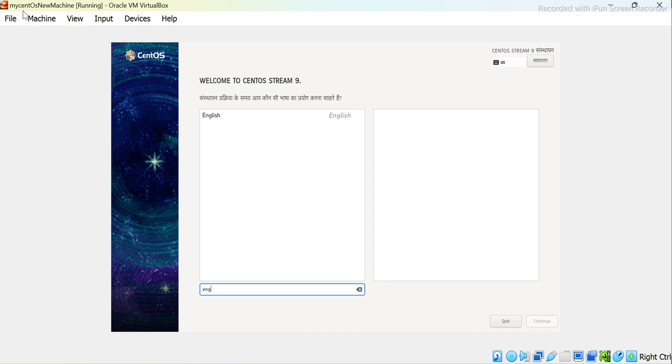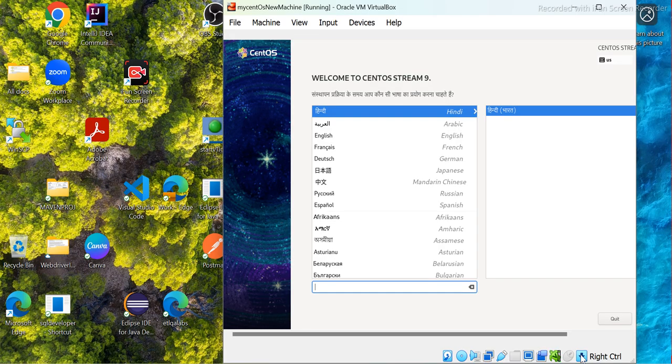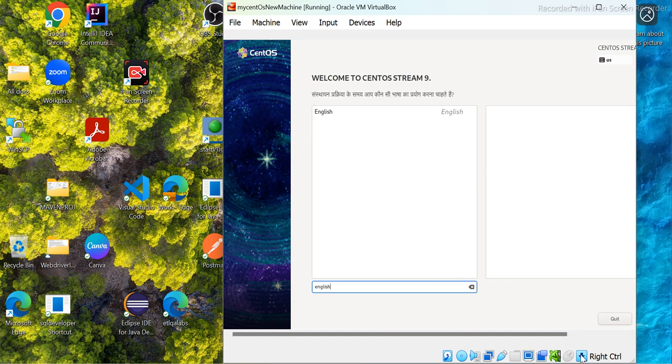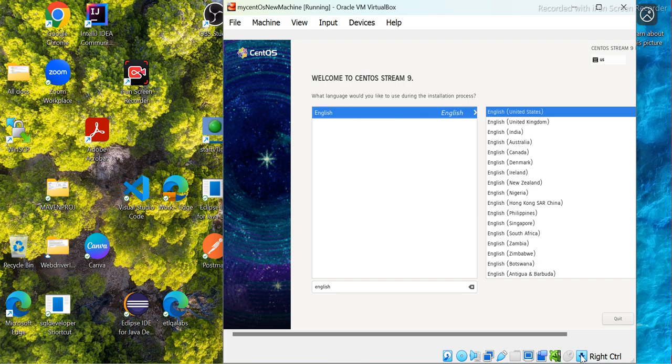Okay, let's see why it's still not allowing me. One sec. I'm facing some issue with selecting it. Ideally it shouldn't be there. Let's see if I can. Okay. Now we can go here. I think we can use the tab basically. That is a better option, that's what I feel. Let's see if I can select UK. Otherwise US will also work, I guess. I'm trying to use tab here. Okay, so I can go here, then